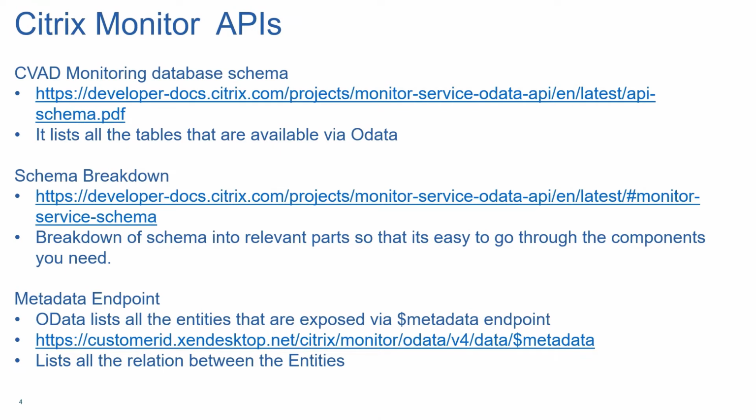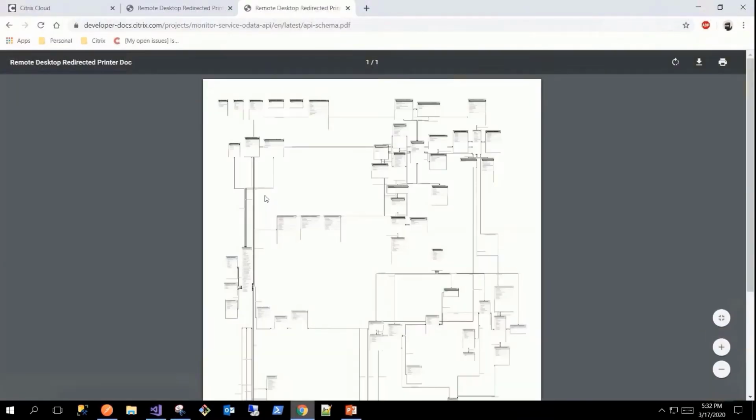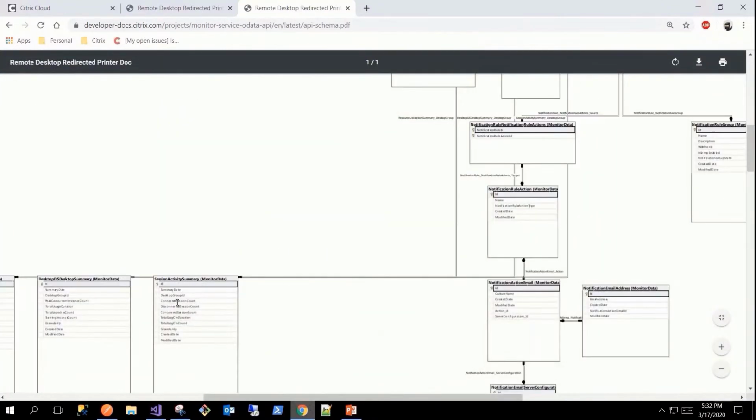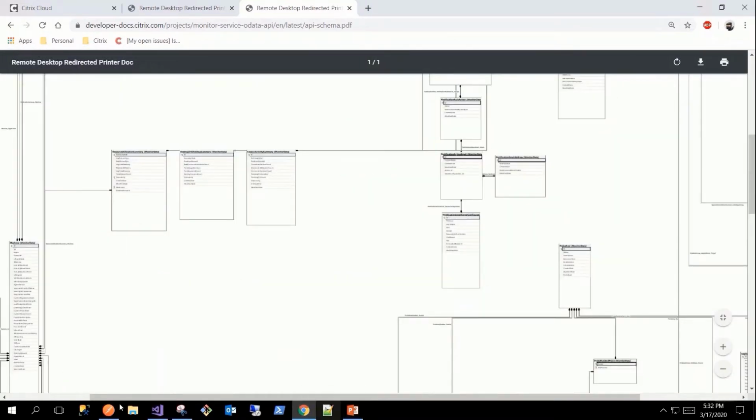Okay, you know how to fetch the data now, but how do you decide what you need, and where do you get to know what you need? Currently, we have two sections in the schema. One is the entire schema. I'll just take this and hit enter. So I see all the tables are listed here. If I zoom in, I can see the table names and even the relation between those tables. This has all the tables.